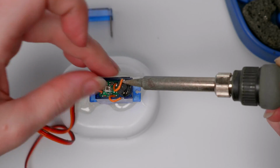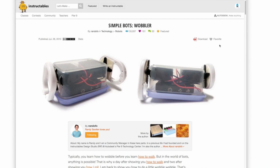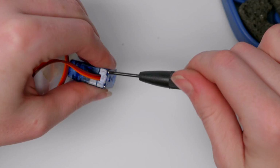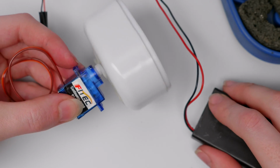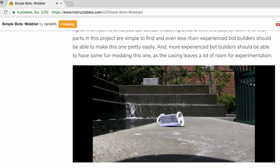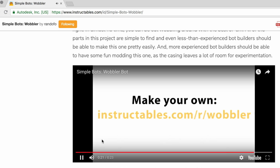This simple bot design is by my friend and colleague Randy Serafan. It involves modifying two continuous rotation servo motors to bypass the control boards, effectively making them into just gear motors, which are powered by a simple battery pack. The wheels aren't round, which is what gives the wobbling effect. The circuit can be attached inside any enclosure you want, like a small Tupperware in his case, or a baguette